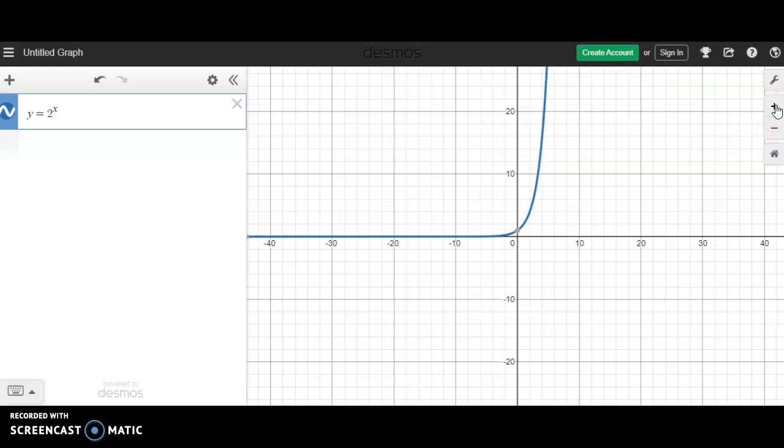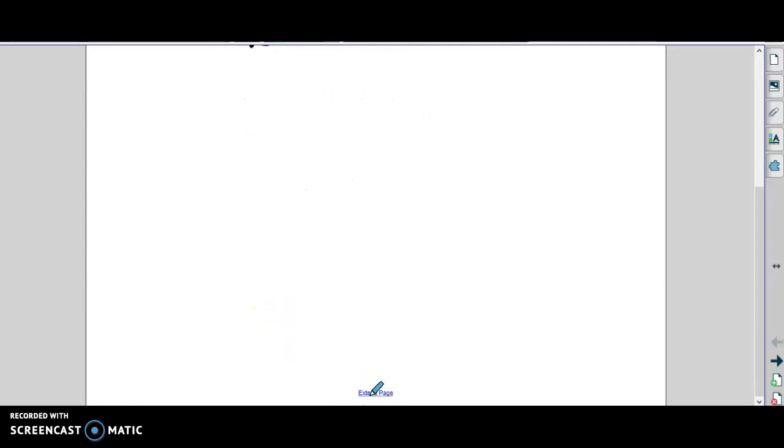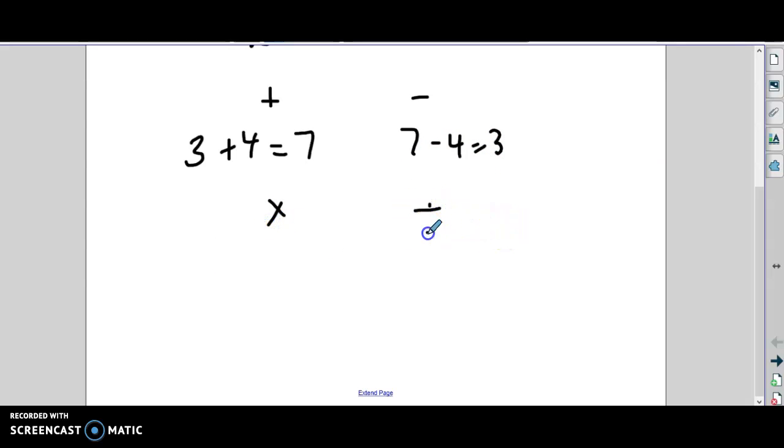So you've probably heard the term flattening the curve by now. Flattening the curve is when we start thinking about what we can do to reverse this exponential growth. The opposite of exponentials is logarithms. We are learning about logarithms right now in Math 3, and I know it's really hard to wrap your head around. So think of your basic operations. The opposite of adding is subtracting. When we say 3 plus 4 equals 7, we also know that 7 minus 4 equals 3. I did the opposite. Same thing with multiplication and division. They're opposites of one another.